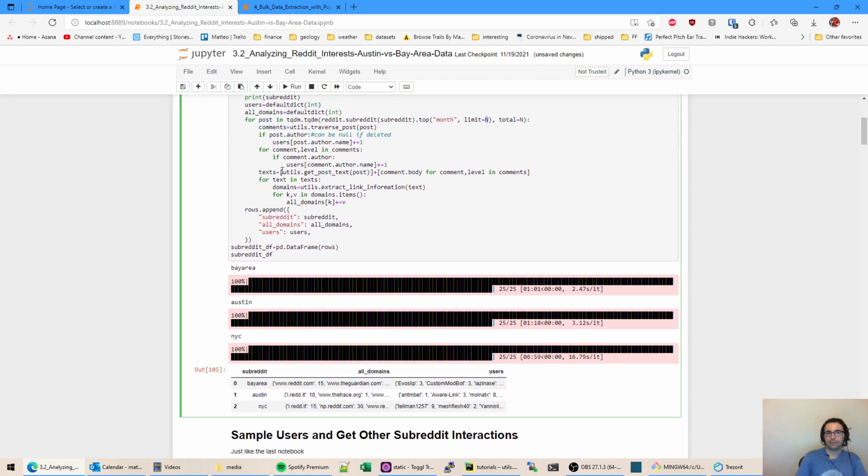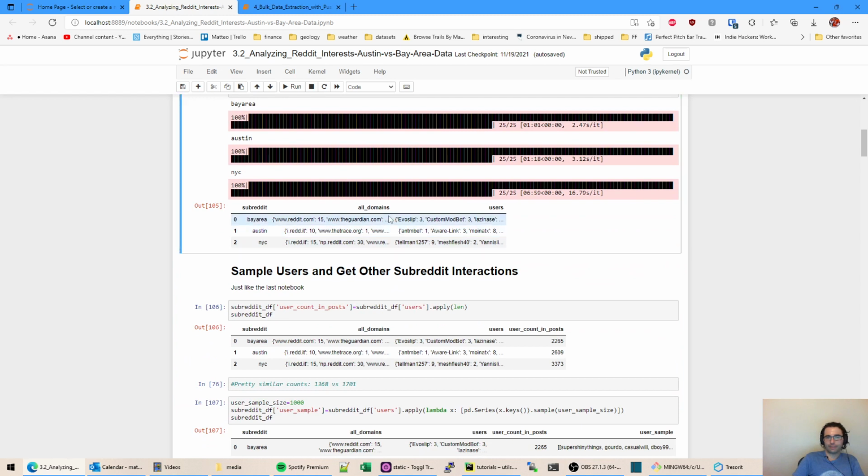And then what we're going to do is take the comments in that post, and find a map of users. So we're going to say these 25 people, or it's much more than 25 actually, but all the people who interacted in this post are users of the subreddit. So let's look at all of their interests and what they've done and see how that compares. Also, just because we did it in the first notebook, I'm storing all the domain names that are linked to the top 25 posts of the month.